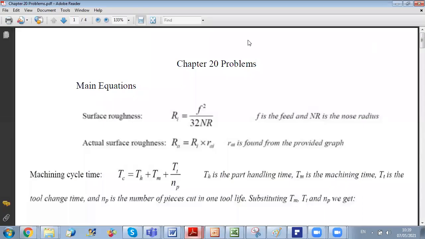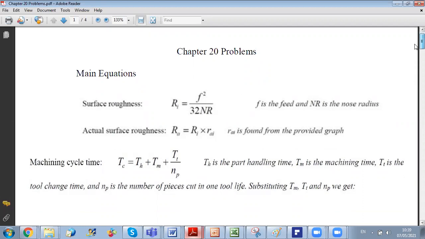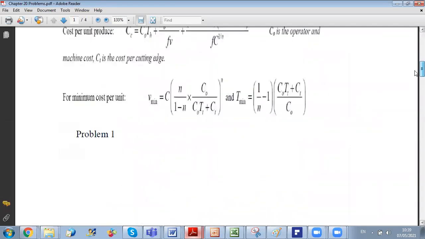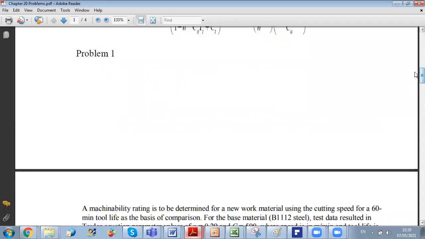The problem. In the PDF I posted for you on Blackboard, you have the main equation summarized at the beginning of the chapter, which we have developed together today. And then we will start to do problems together. So for problem one,